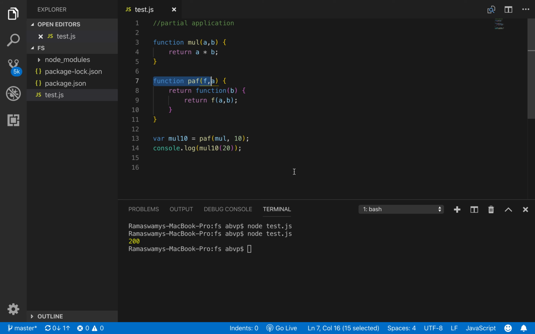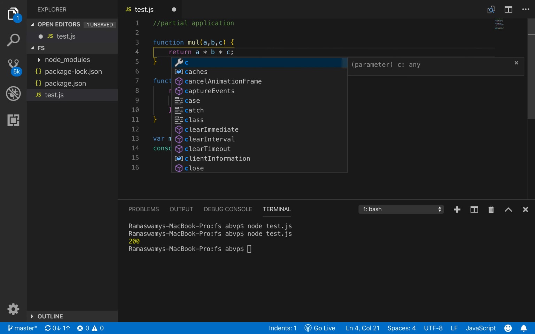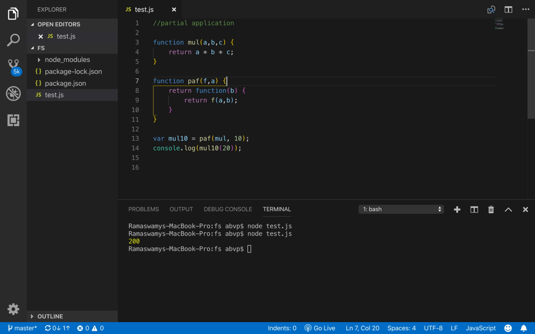Now let us modify this example to better understand the concept. Say we have a, b, c and this multiplies a into b into c. Alright, so what we can have is, we can either have one argument, or now we can also have two arguments, since the total number of arguments is 3 here, right?